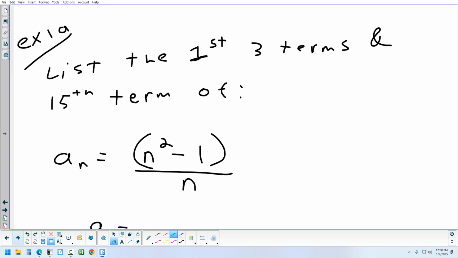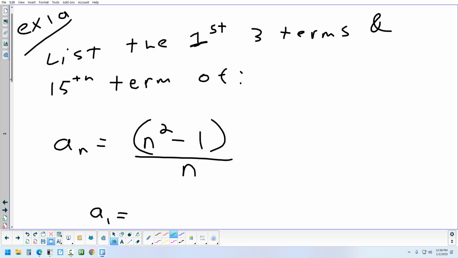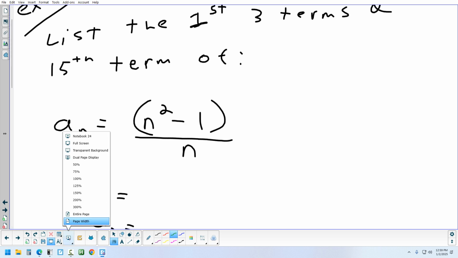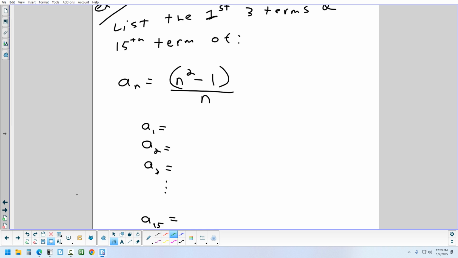All right, so let's practice listing some terms. So I'm giving you a formula. And to find a specific term in the formula, you're going to replace n with whatever term you want to know. So if you want to know the third term, replace n with 3. Fourth term, replace n with 4. So it says find the first 3 and then the 15th term. Okay. So to find the first term, what would I plug in for n? 1. So let's plug in 1